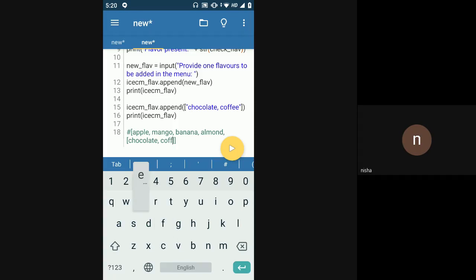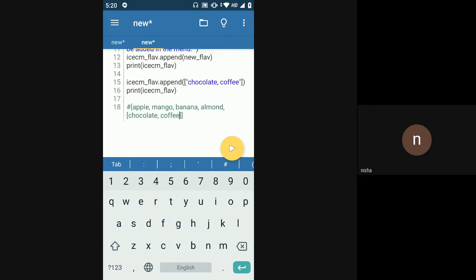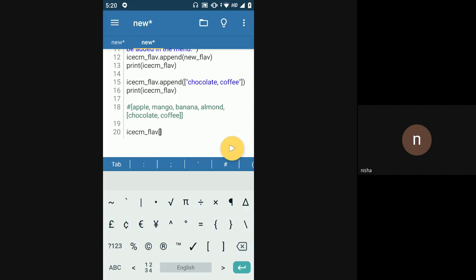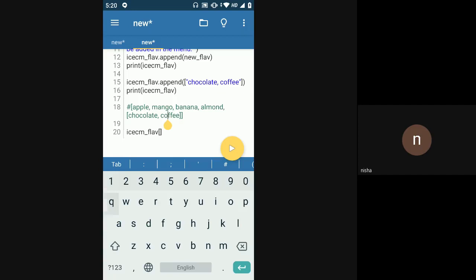Now, if I want to get the value coffee, what should I write? If I want to obtain this string coffee from the list, what index should I specify? Like, I want to get this coffee value from the list. Again, this is my complete list, and I want to get coffee from this list. So we saw here this 0 to 4 concept, the same will be used here.